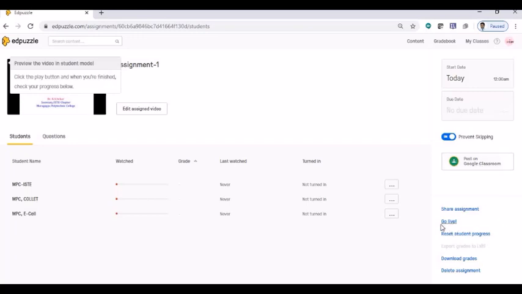We have other options also, like go live, but in this class we are going to see only Google Classroom. So I am posting through the Google Classroom option. Now it is posted on Google Classroom. Now I am opening Google Classroom as one of the student accounts and will show you how the assignment can be viewed and attempted in Google Classroom.